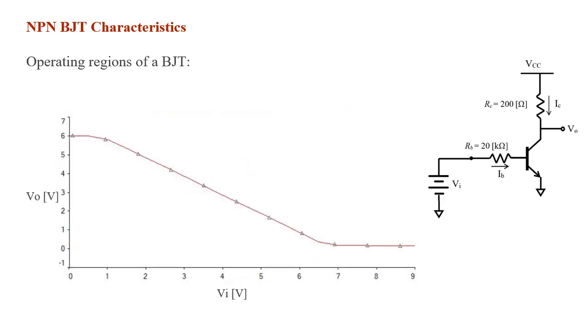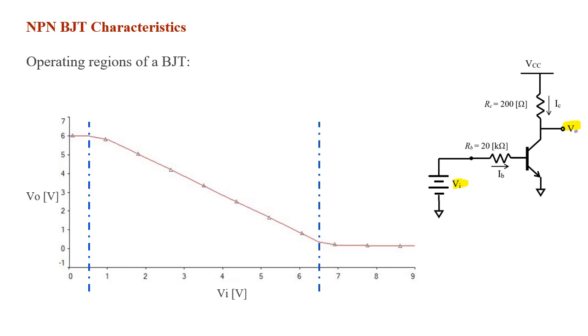Here we're going to try to figure out the different operating regions on a plot of Vout as a function of this Vn. If we plot Vout as a function of Vn, we're going to end up with a plot that looks like this, assuming VCC is 6 volts, of course. So we can divide the plot into three different parts,